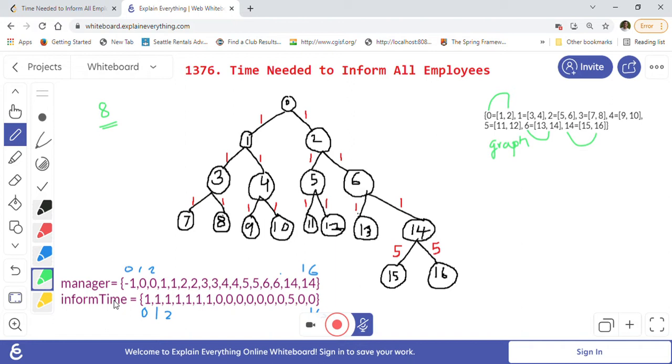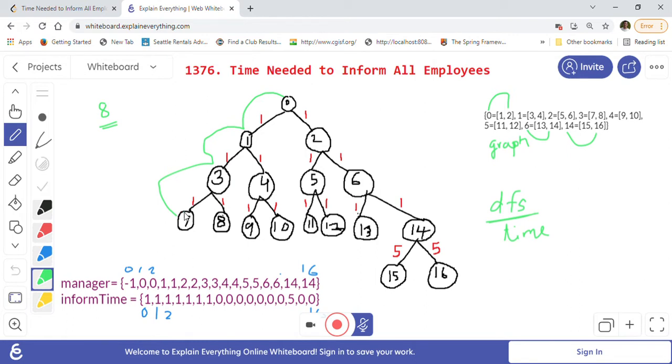And then after the graph is created, we will use DFS to understand what is the maximum time required to spread the news. We will do DFS starting from the root, and we will keep track of one maximum variable, let's say time, and this is the maximum time. So for example, let's say we start DFS. How DFS works is the recursive call goes like this: first it goes to 1, then it goes to 3, then it goes to 7, and 7 takes 1 minute to reach.